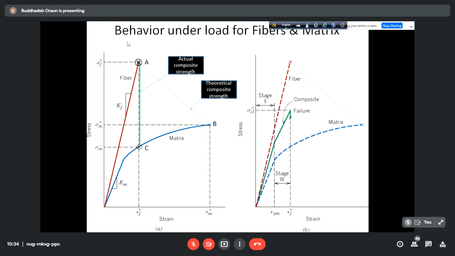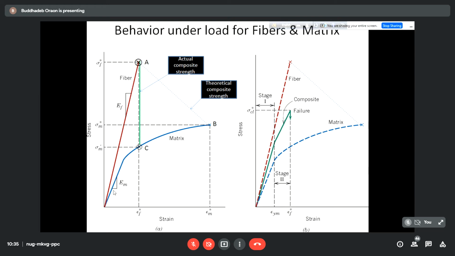On the other hand, think about a fiber. Fiber is a very strong material. As we have discussed, the function of the fiber is basically to take the final load. I am talking about the fiber reinforced composite. When you apply the load, initially the load will be applied on the matrix, and finally the load will be transferred to the fiber, and the fiber will take the final load. So the fiber is the strongest material, and normally the fiber is a brittle material.